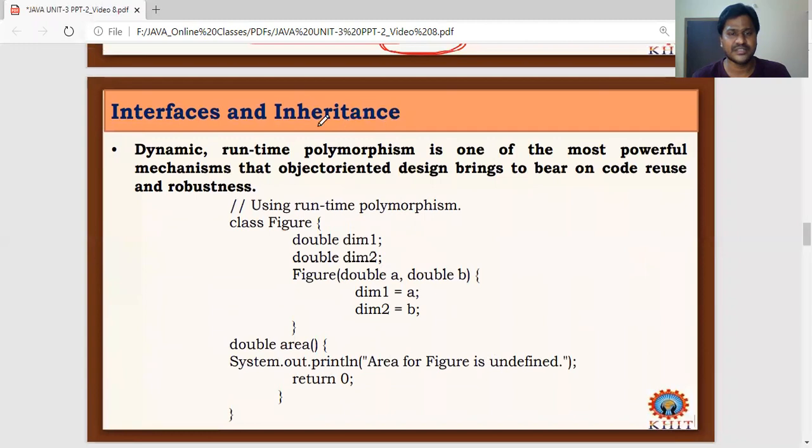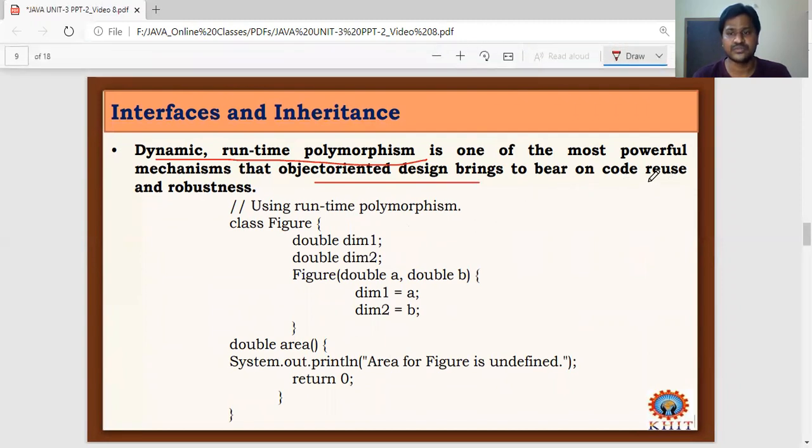Coming to interfaces and inheritance: we know about dynamic overridden methods with dynamic method dispatch, and we learned that dynamic, runtime polymorphism can be achieved. It is one of the most powerful mechanisms that object-oriented design brings to bear on code reuse and robustness.